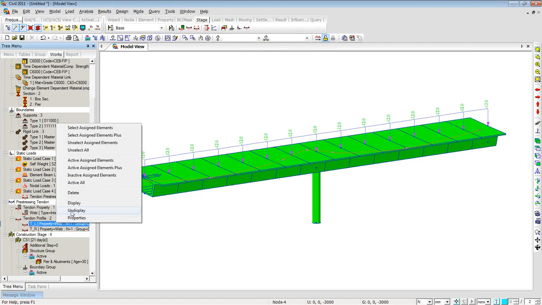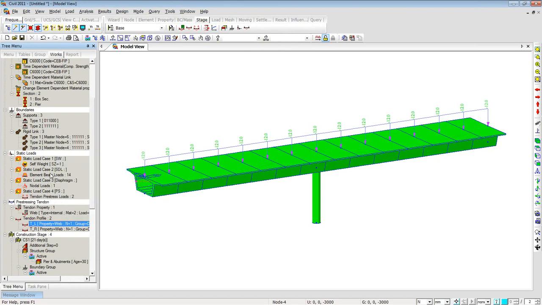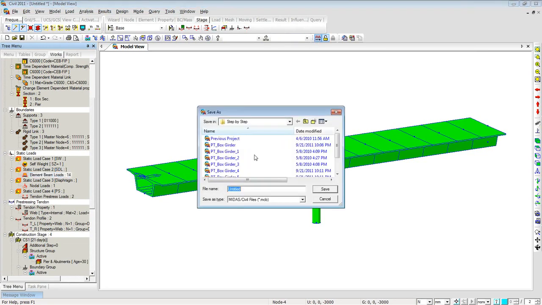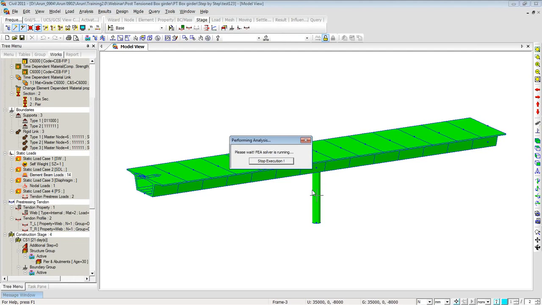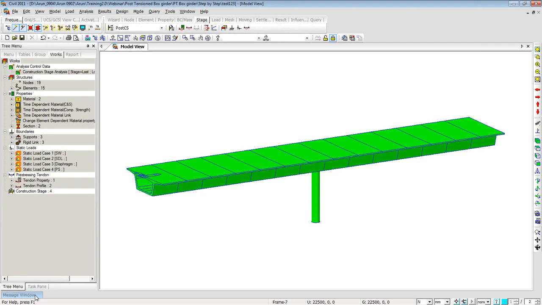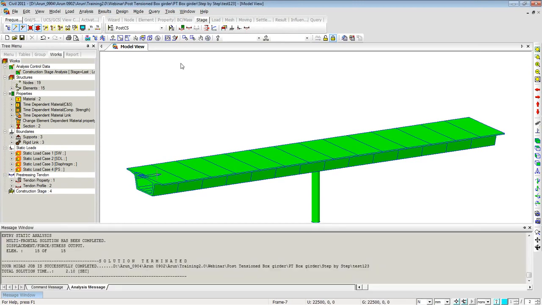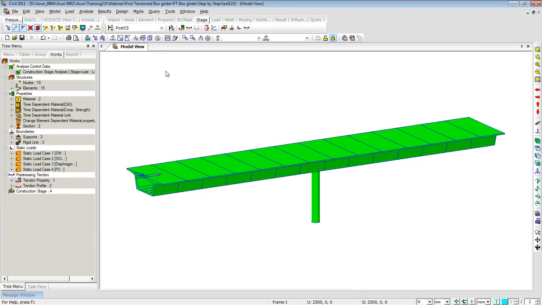Let me undisplay tangents and display the loadings, and now we are good to perform analysis. I'll click perform analysis and save this with some name, and click save. And the analysis has been completed, and as you can see, it just took about 2.1 seconds. Very simple analysis, simple model, and I can cycle through the construction sequence by clicking on this text field and